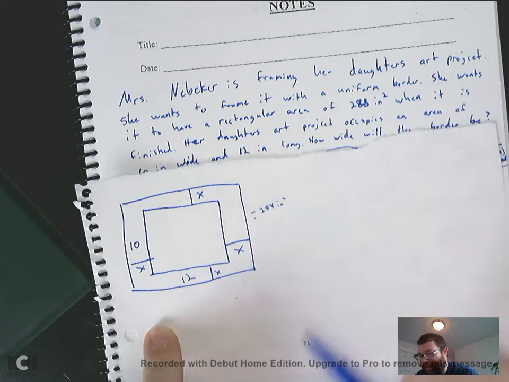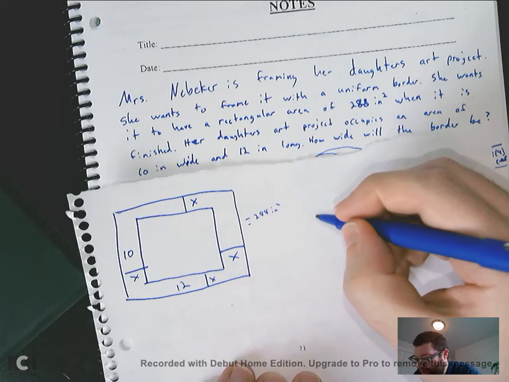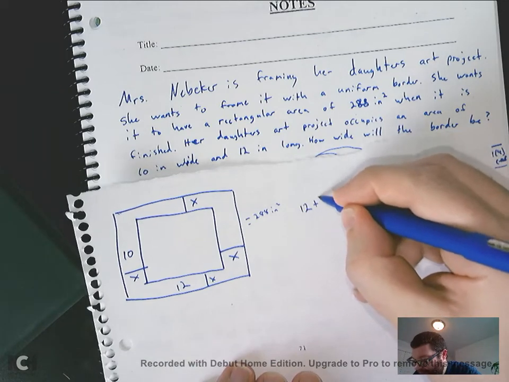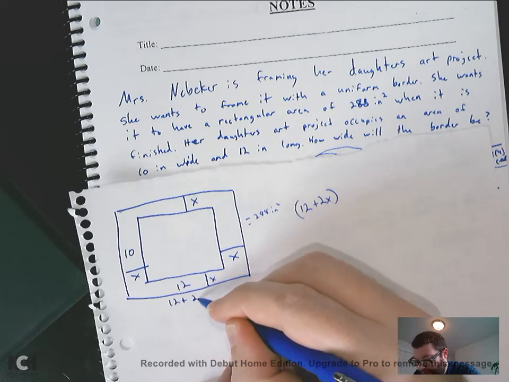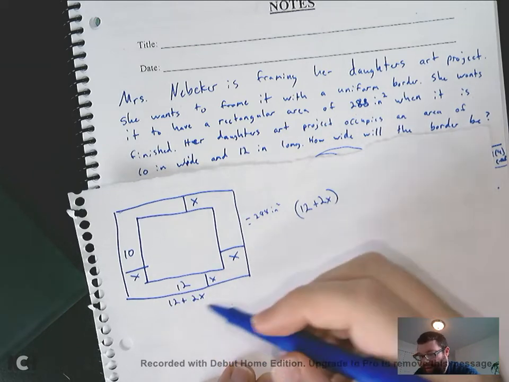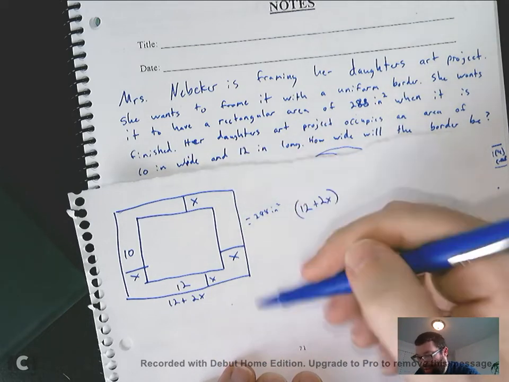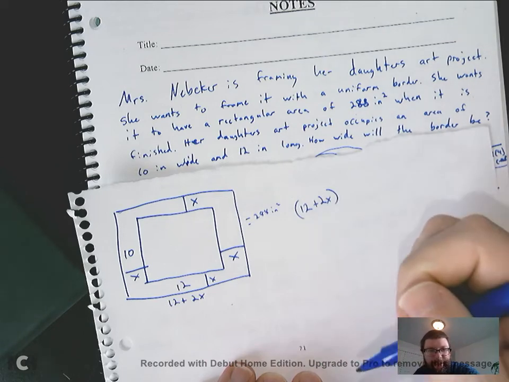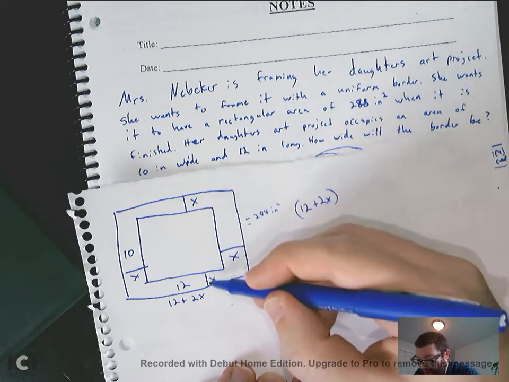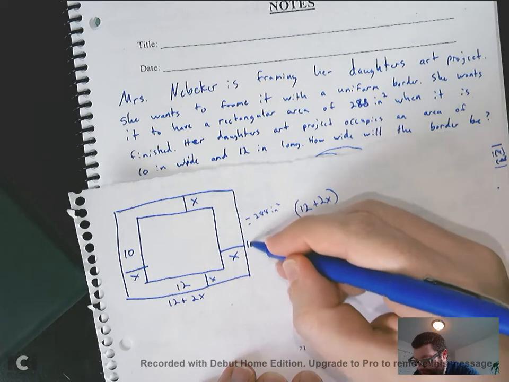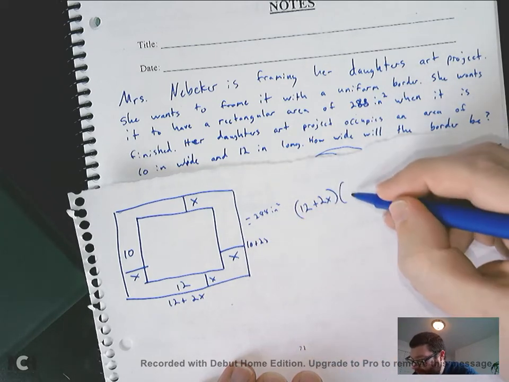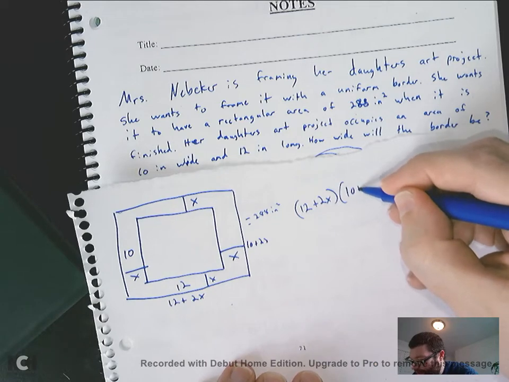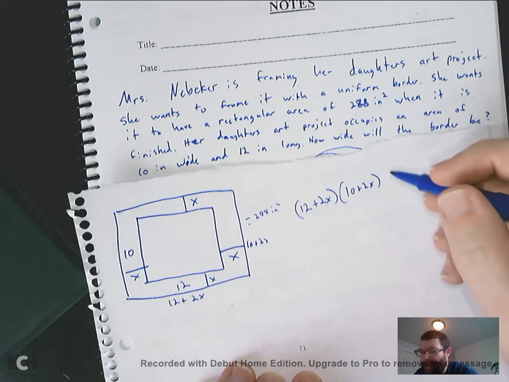So the length is 12 plus 2X. The height or the width, however you want to think of it, this is 10 and then it has an X and an X as well. So this would be 10 plus 2X. So 12 plus 2X times 10 plus 2X is going to equal